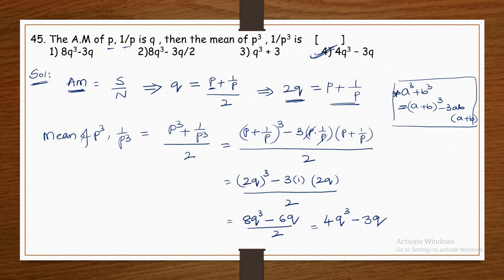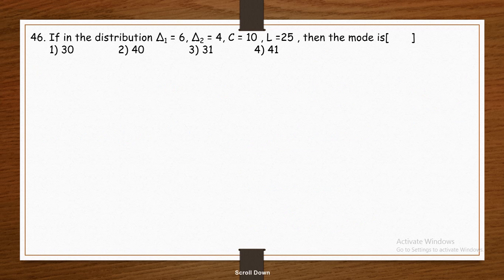Okay? Next, moving on to question number 46. See here. If in the distribution delta 1 is equal to 6, delta 2 is equal to 4, C is equal to 10, L is equal to 25, then the mode is. Okay. Now already we know